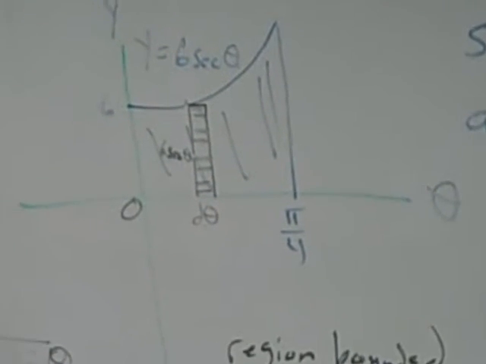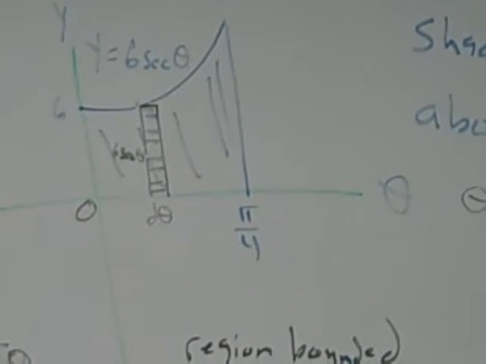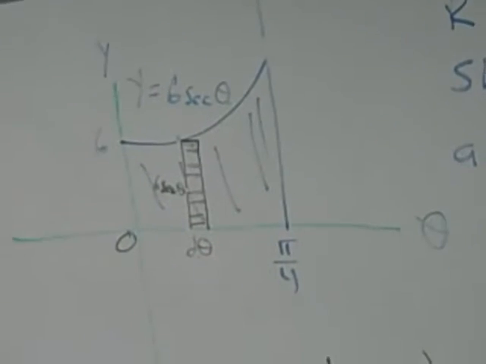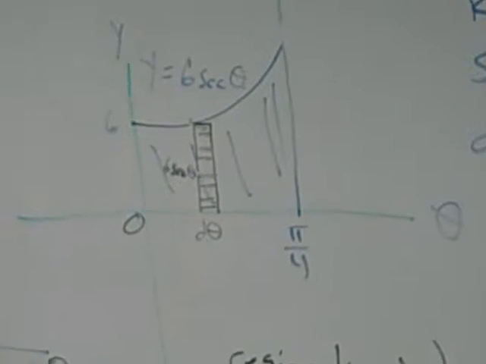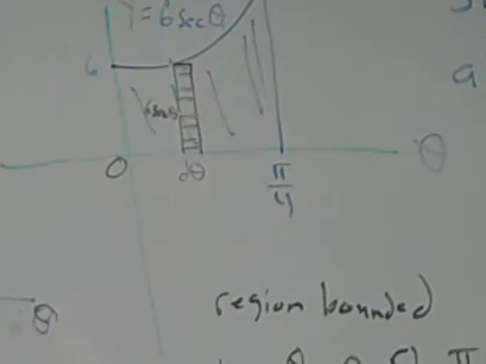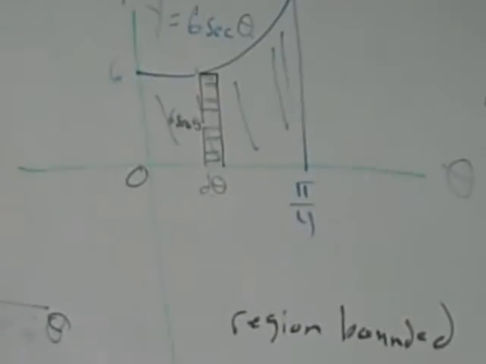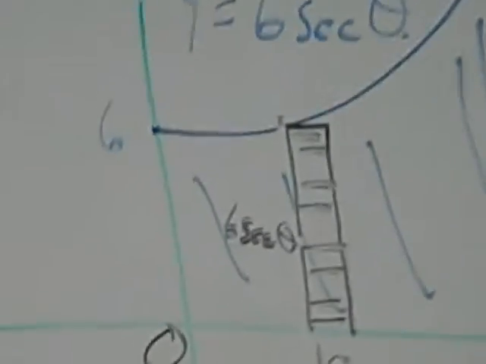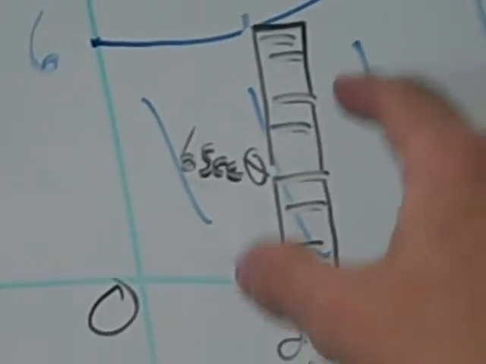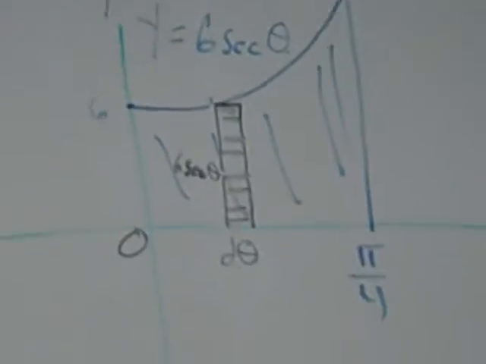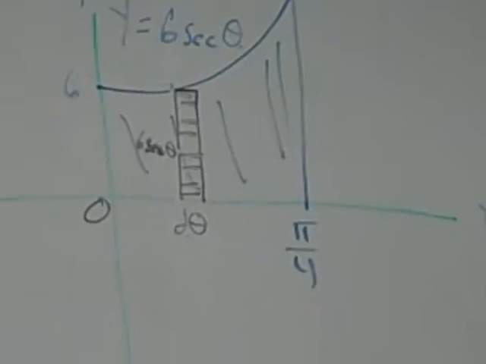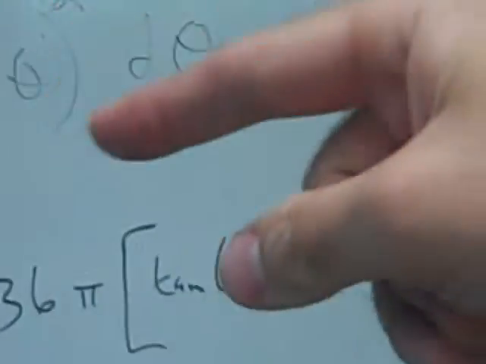We're revolving this whole region about the theta axis, which was my old x-axis. We're coming out of the board. We're going to come in. We're revolving about theta, and we're coming out of the board. So this rectangle right here is going to, when we revolve this region, come with it. And it's going to form a disc in the YZ plane. I didn't really do a good job of drawing it, but let me use my fingers. It's a disc and whose